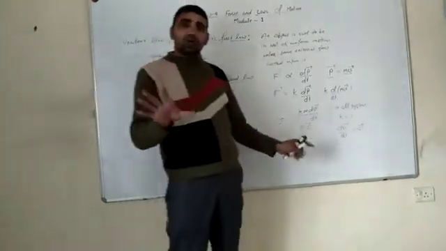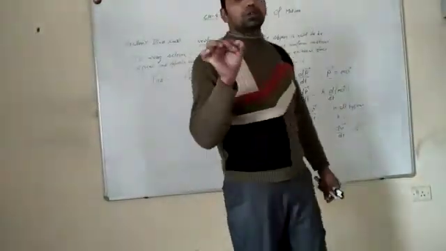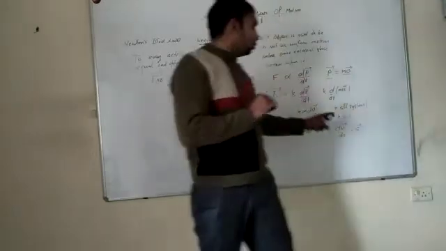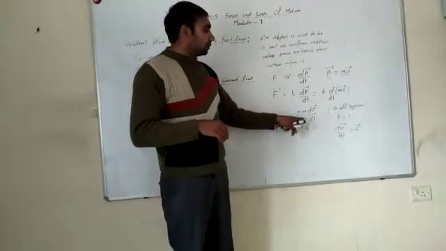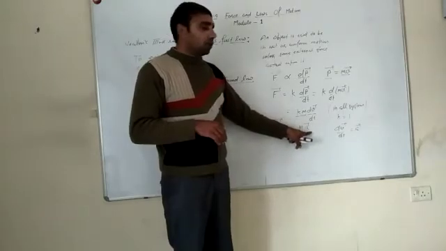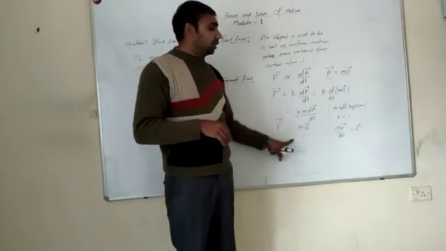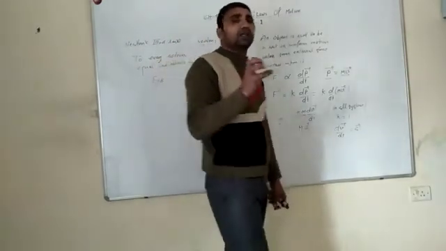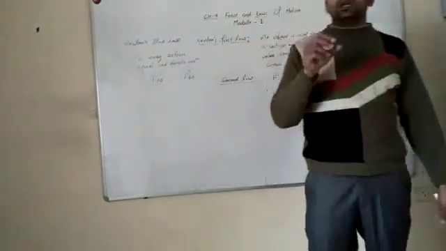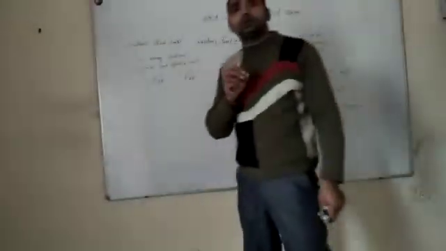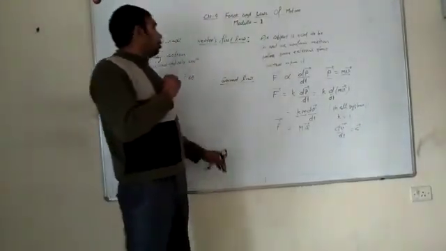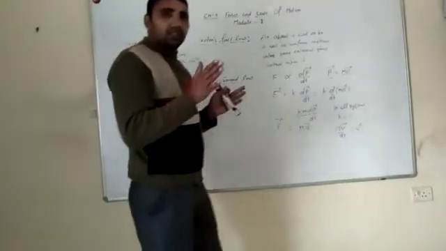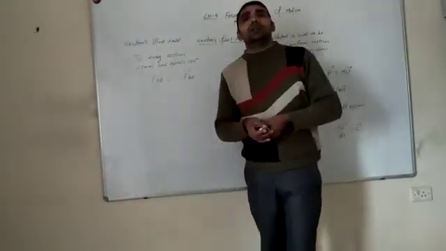In all systems of units, whether the SI system or the CGS system, the value of K is equal to 1. So this can be written as F = m a, where dv/dt is acceleration. Again we can say that the force applied on the body is equal to the product of mass and acceleration produced in the body. Now according to Newton's third law, to every action there is an equal and opposite reaction.